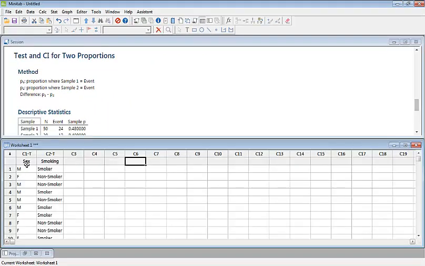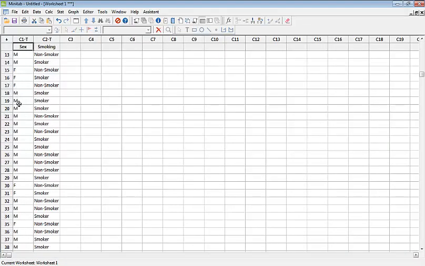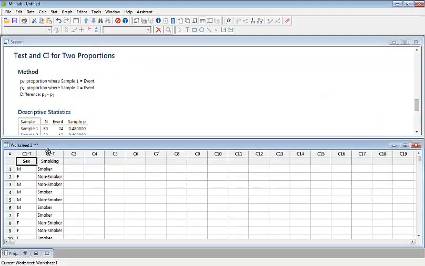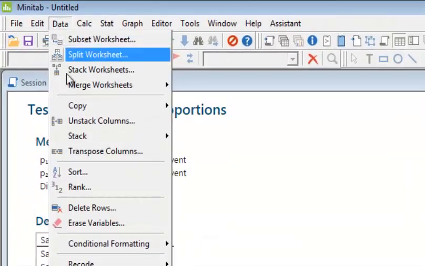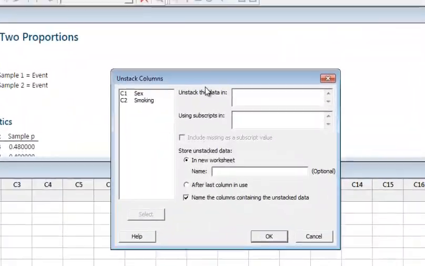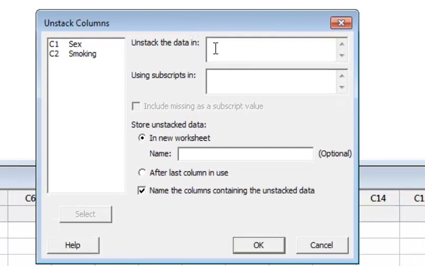We can actually unstack your data. Look, this is your data. We can unstack it into two groups by using Minitab. Go to Data, Unstack Columns, and inside Unstack Columns you will have to give the variable which you want to unstack. Unstack the data in the smoking variable, using subscripts as sex.